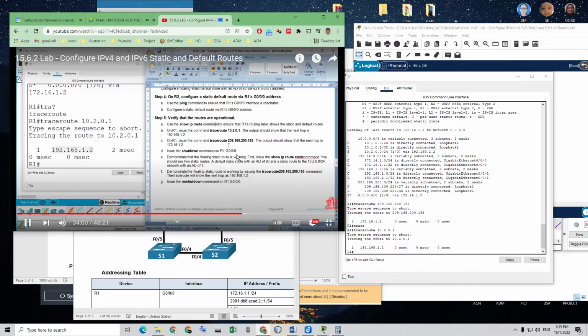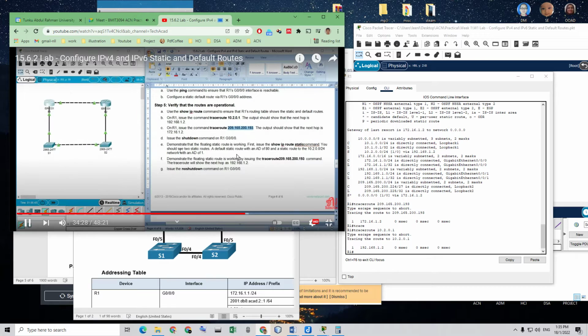Now on R1, issue the command traceroute 209.165.200.193. Now issue the shutdown command on R1 G0/0/0. Okay, we'll go to